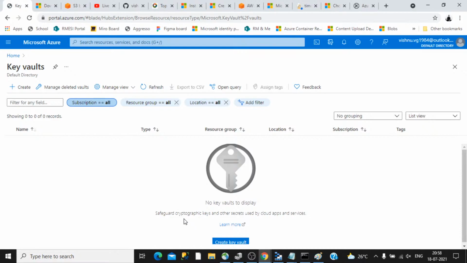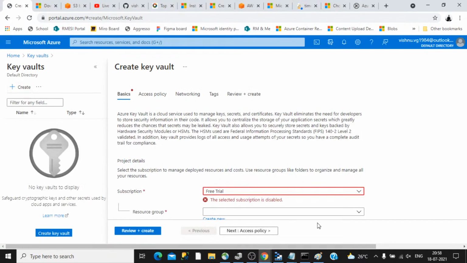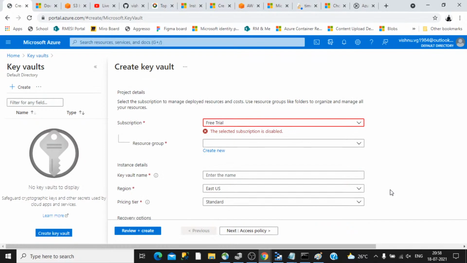okay, I think we won't be able to create a Key Vault now. I can show in another demo how all these functions work, but sorry that I won't be able to show this now, but I can help you understand what this Key Vault is providing.